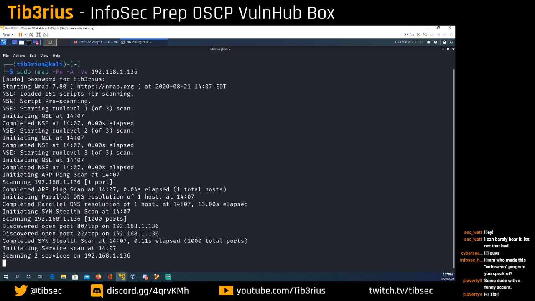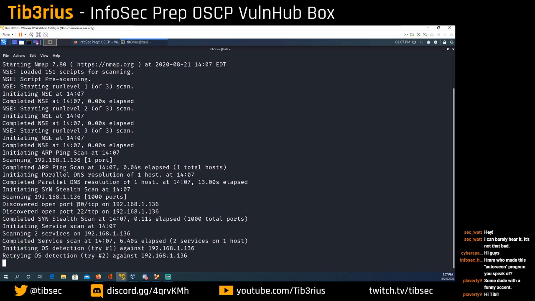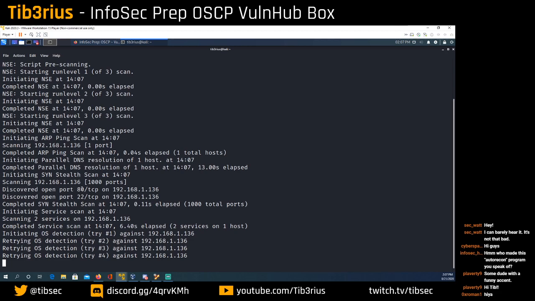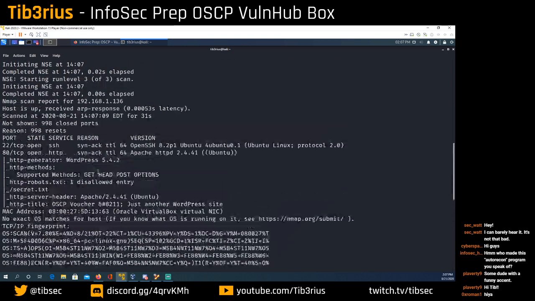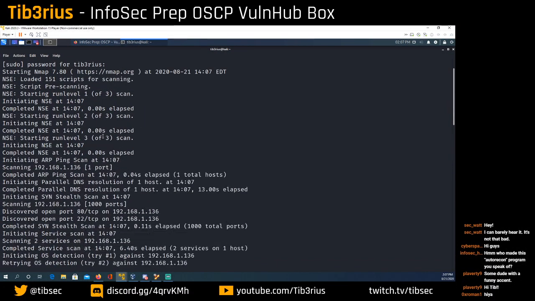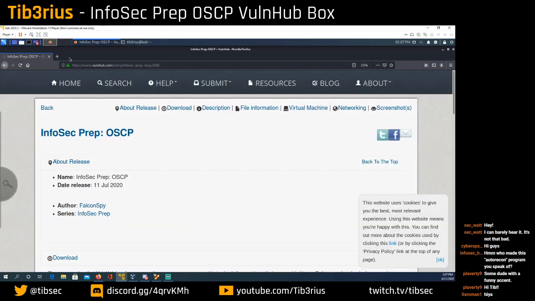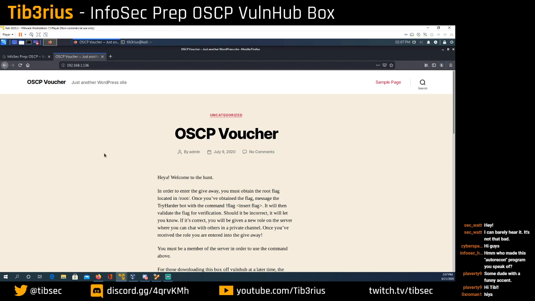Okay, so it scanned 1,000 ports. That's the default. It found port 80. It found port 22. It's going to go off and do some service scans. So we'll look at port 80 because port 22, you know, well, it already did everything, but we'll have a look at port 80 anyway because that makes sense to start there. That's a pretty common port, so I'm going to browse to this, and we get a WordPress site,